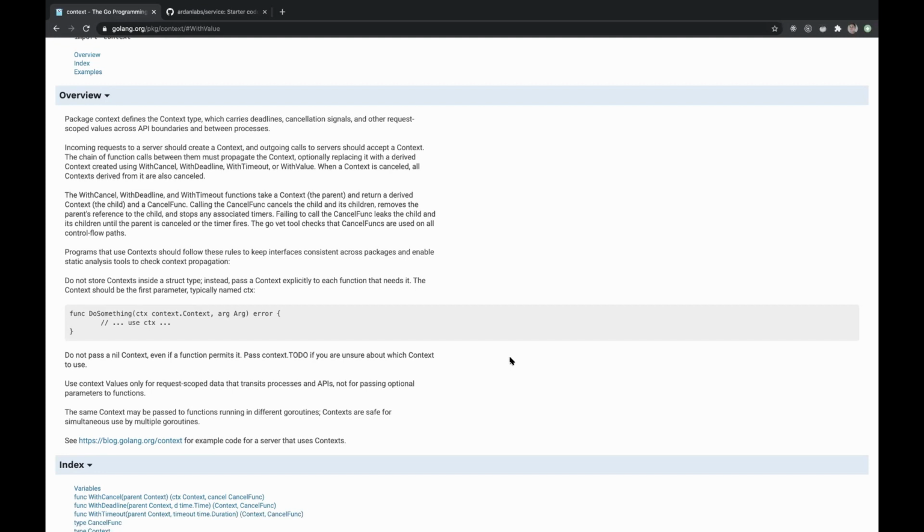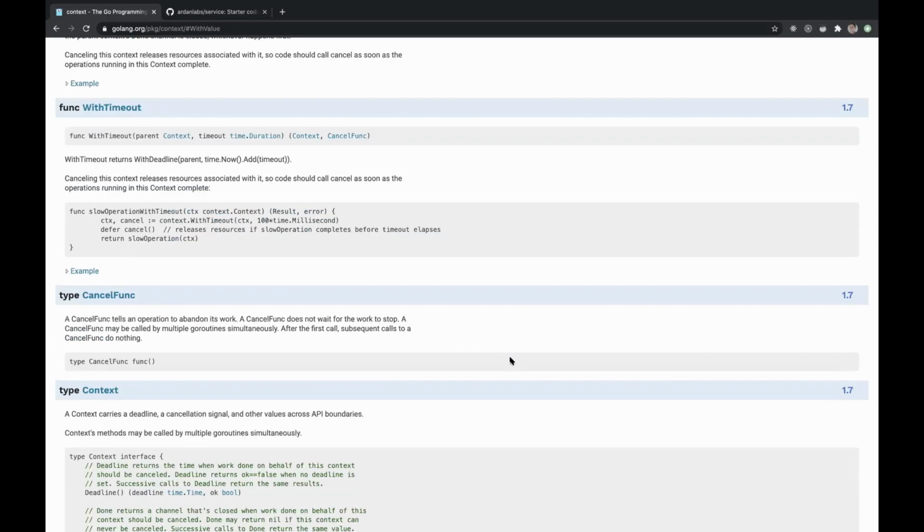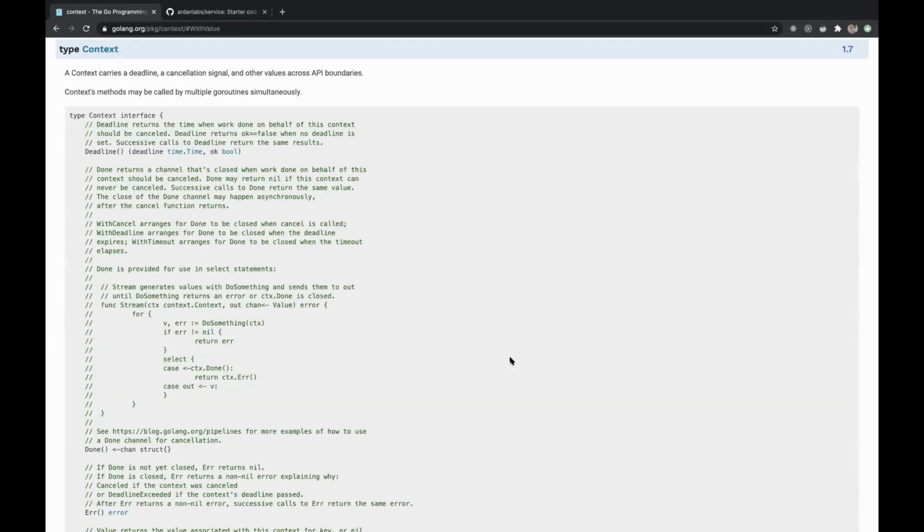So anyway, context is an interface. That's defined here, and it has a function here called Deadline, which I guess allows you to set